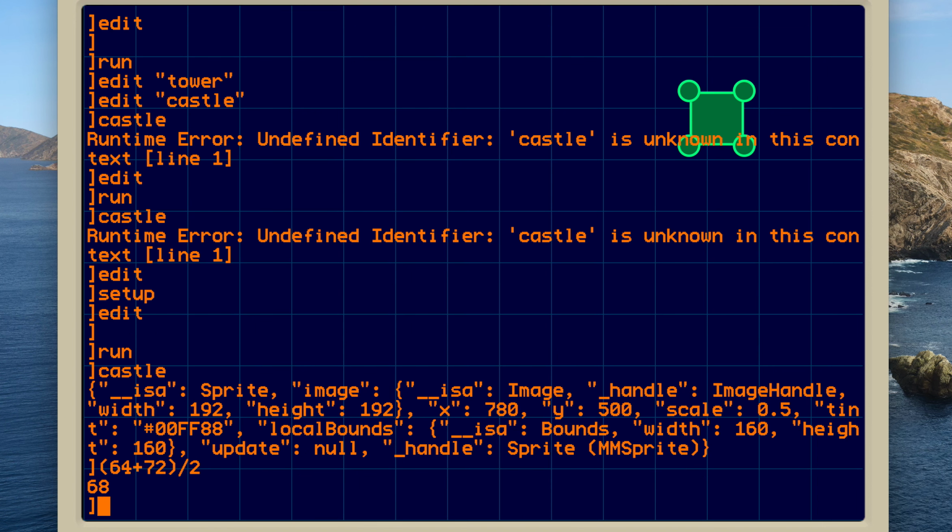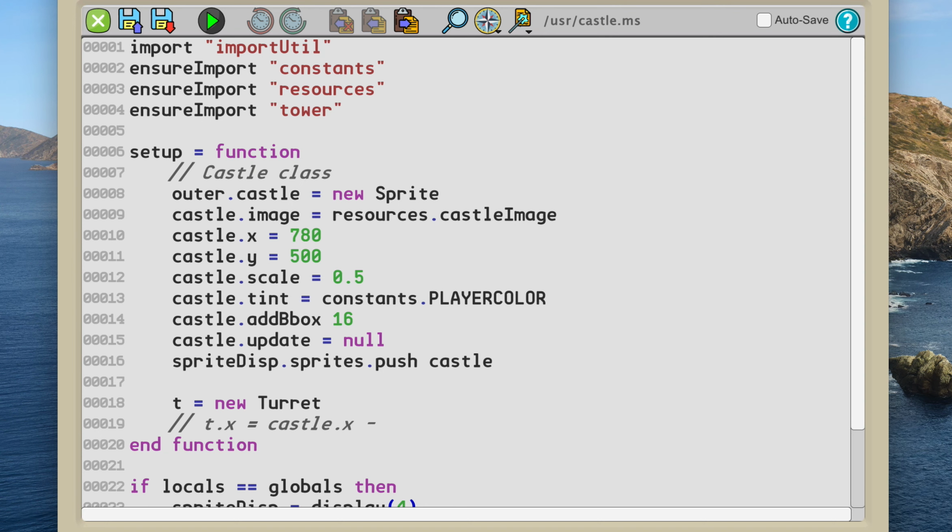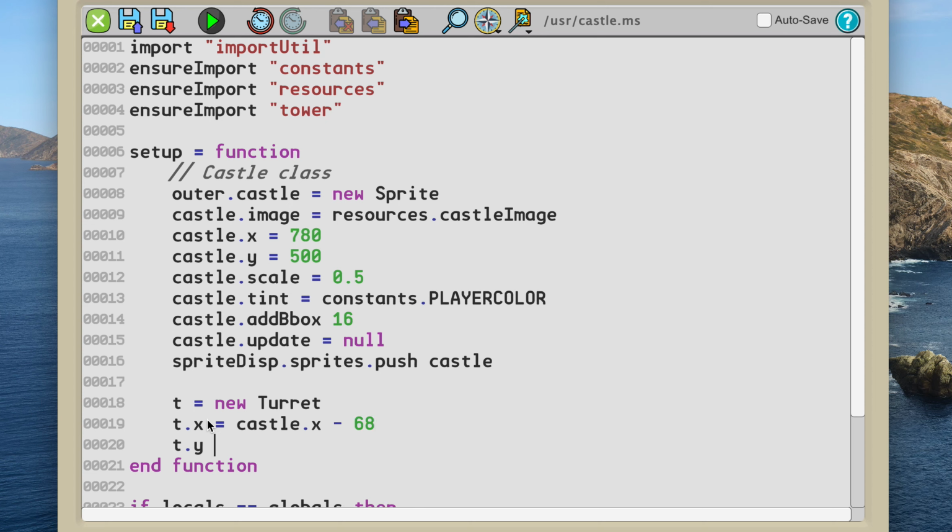68, right, of course. They're all even numbers. Yeah, okay, so 68. All right. So castle x minus 68, t dot y equals castle dot y minus 68. And